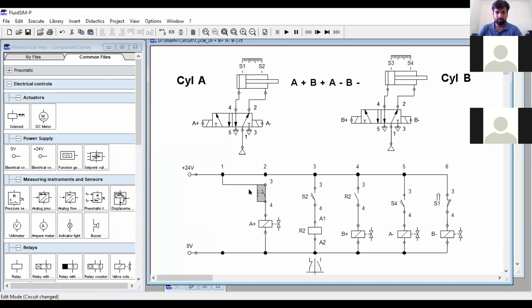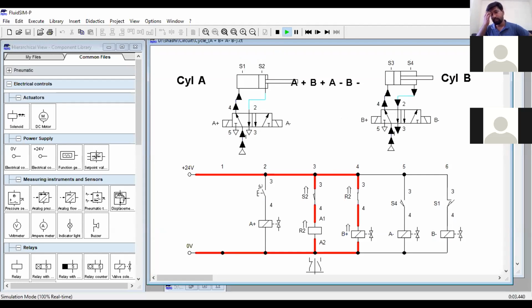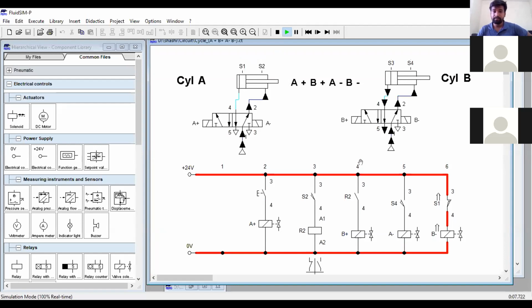We can have this. So here I am not using a relay for A plus. Still it will work: A plus, B plus, A minus, B minus.